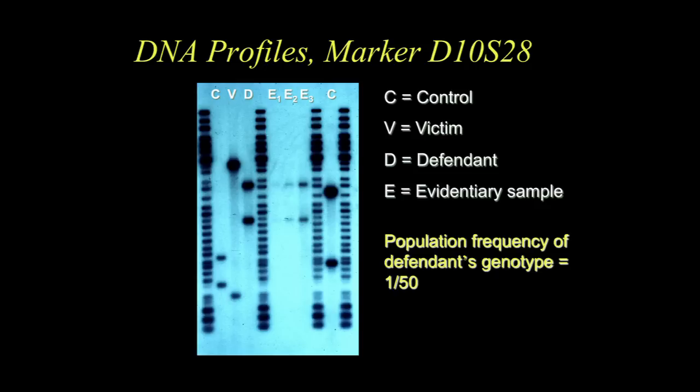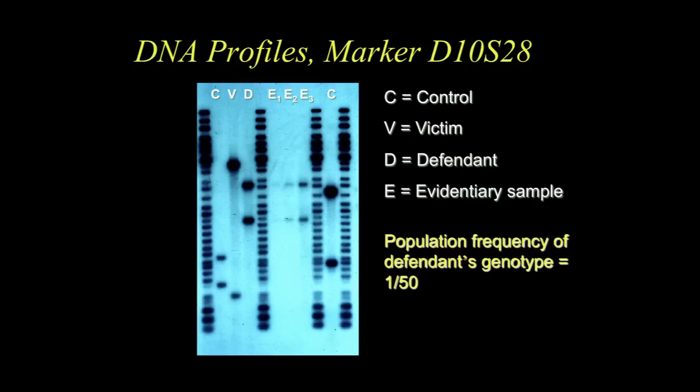The next lane you have the victim, which shows a single fragment, and the defendant, Michael DeCorso, with 2 distinct fragments. And then on the other side of that molecular marker, we have evidence 1, 2, and 3,